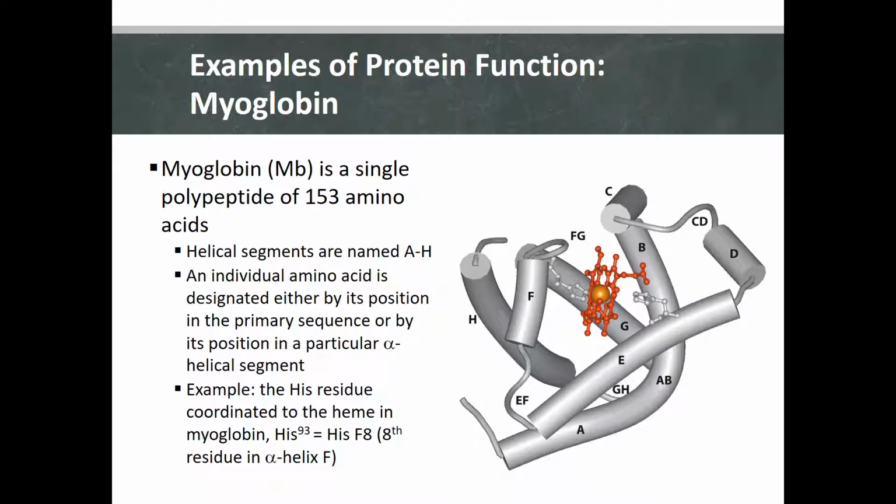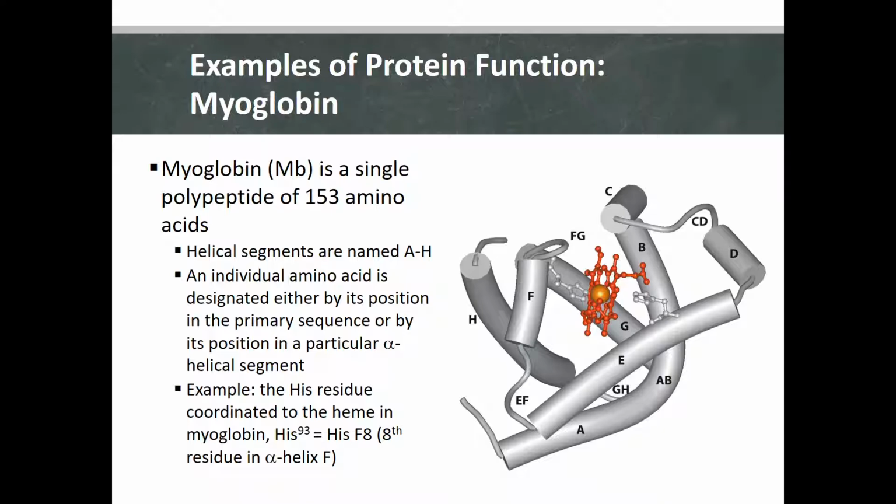All right, so there are some unique ways in which we describe where an amino acid is in myoglobin, and the same is true for hemoglobin. This system that I'm about to describe to you is unique in that we don't really use it for most proteins today. We still use it for myoglobin and hemoglobin for historical reasons, but I suppose if you are the first to the field, you can invent the field. And that is what has happened here, which led to a less than systematic way to identify amino acids within